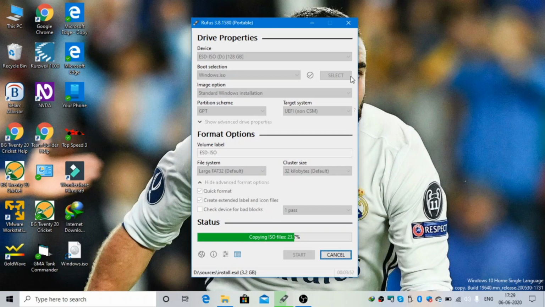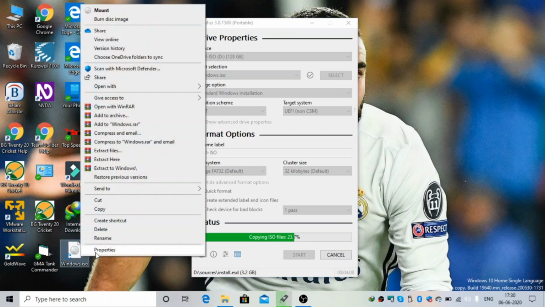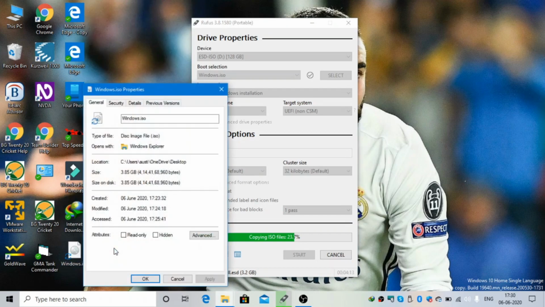So the main file from the ISO is copying, which is install.esd, which is around 3 GB. You can see over here. The size of the ISO which was downloaded from the media creation tool was around 3.85 GB.